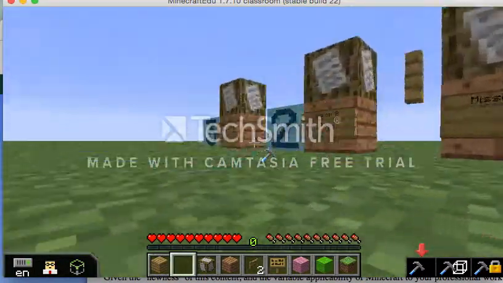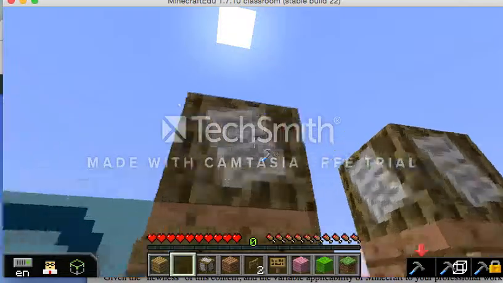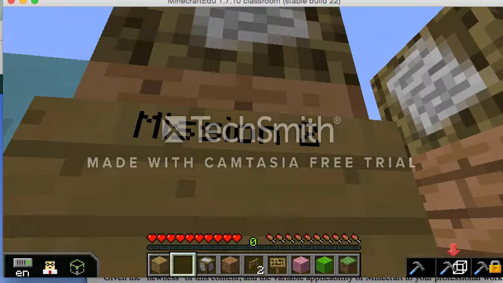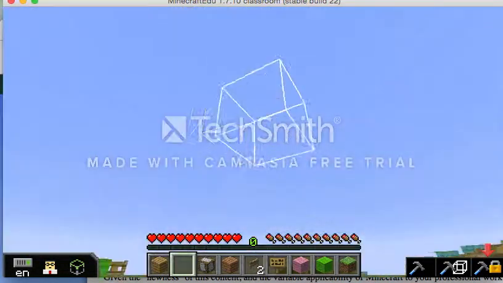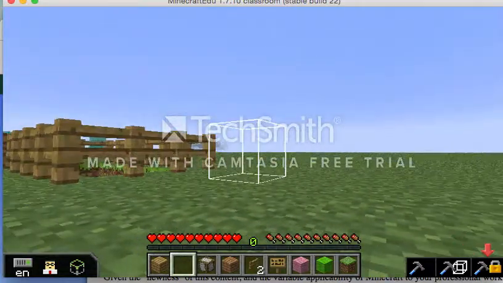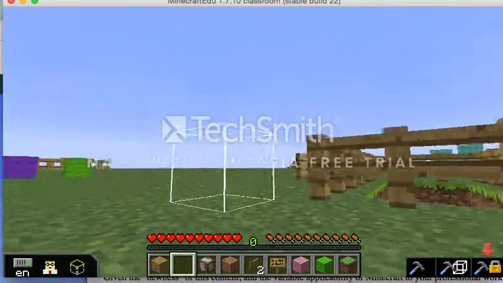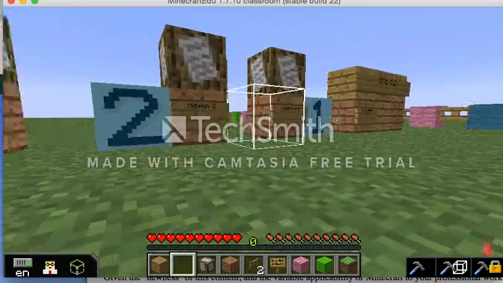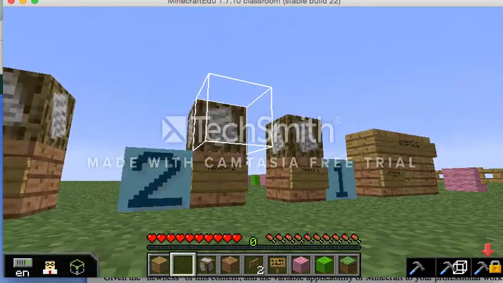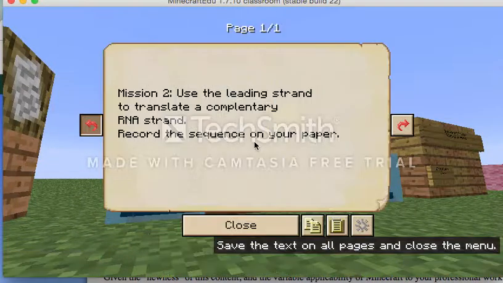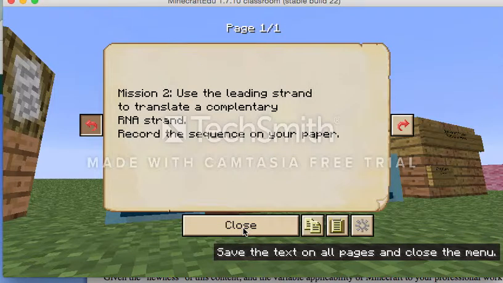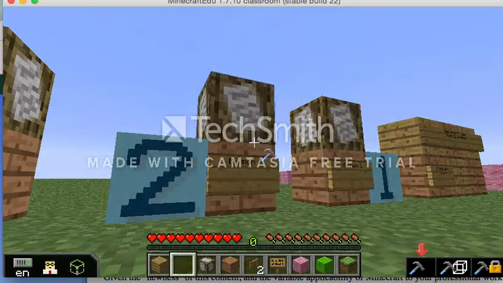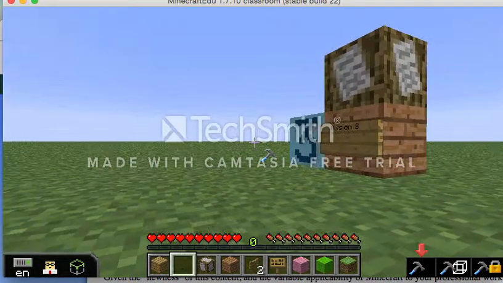For part 2, the students will use the leading strand to translate the complementary RNA strand, and then they'll build that and record that again on their paper. And from the RNA strand that students create,